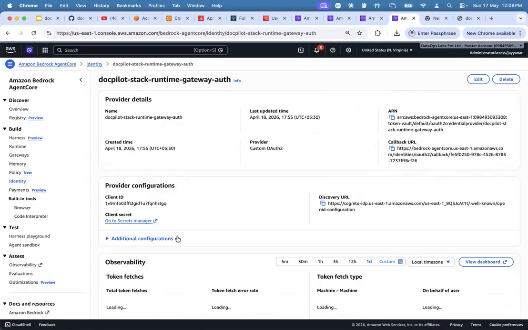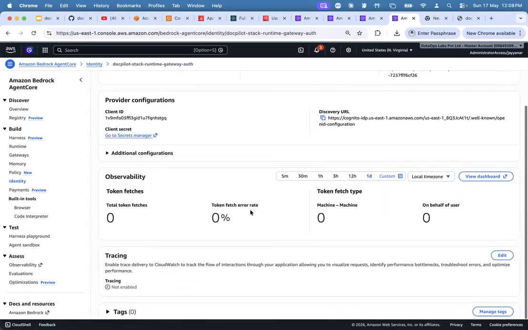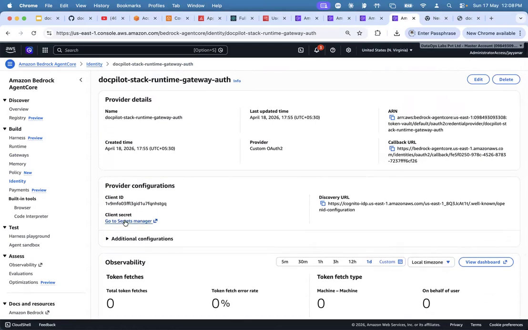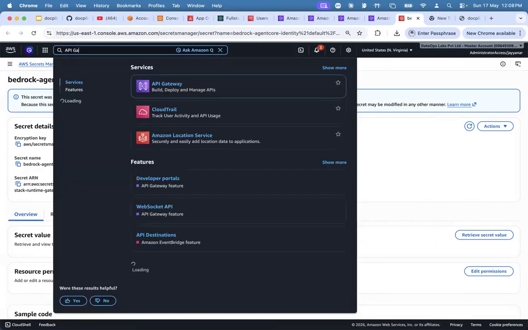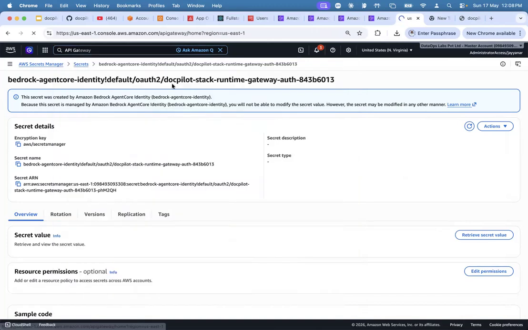Yes, it's authentication. Every time it uses a particular one, it uses the secret manager to get that particular value for each. If you want to connect to any of the data sources using an API, currently we are not using it. If you want to use the API keys, it will use this information. I'm not clicking that secret value, but this is how. You can go to the API gateway. You can see a few more information also there. I'm just seeing what is happening behind the scenes.